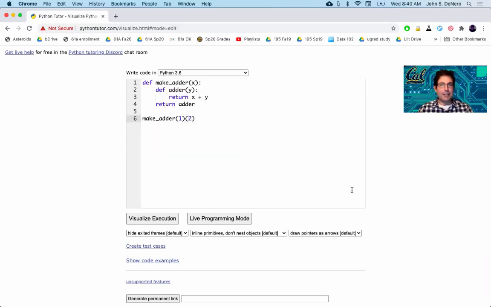Okay, so the question is, for this example from lecture, where we had a function that returns a function, and then we called it twice with this very bizarre syntax where we had 2 parentheses in a row. What does this mean and how does it work? Well, a normal call expression looks like f(x), right? And that's actually what this looks like too,